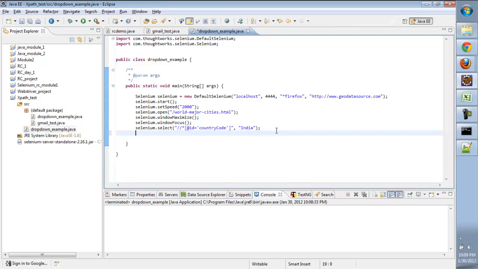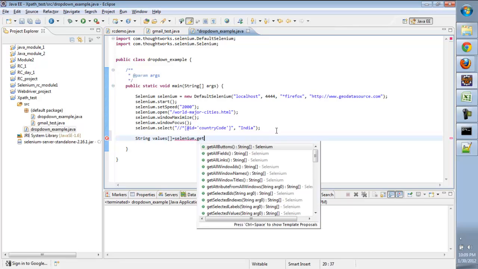Here again we need to create a string array because we need to store all these values in an array. So we'll create a string array. Let's say values equal to Selenium dot